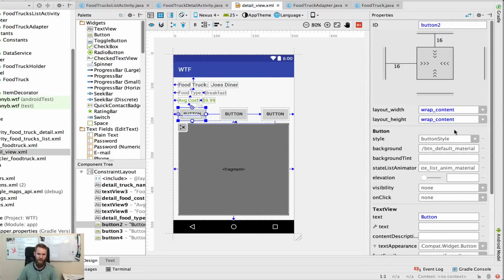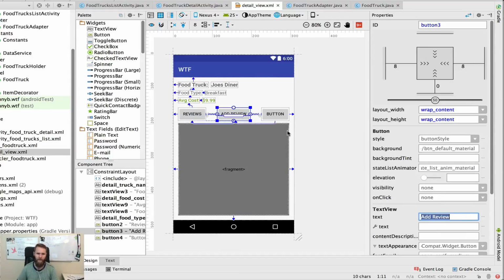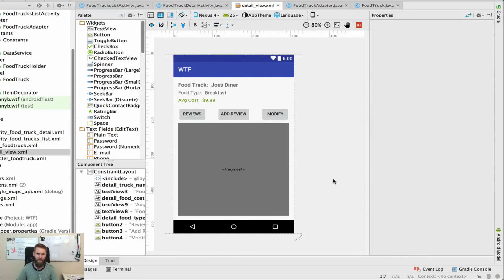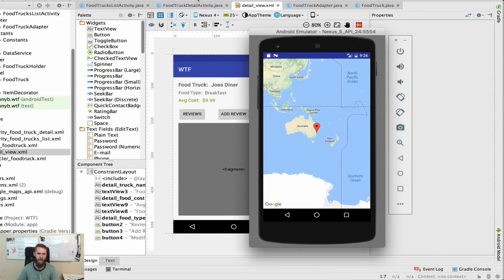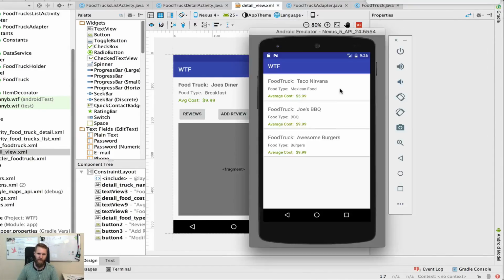What do we want our button names to be called? This is going to be reviews. This one is going to be add review, and this one is going to be modify. All right, let's go ahead and save that, and let's run it again and see what that looks like. Let's see, where's my emulator? All right, right here. Gonna rerun. I'm gonna click,